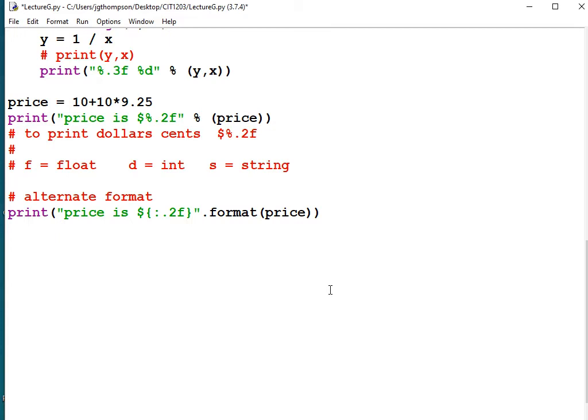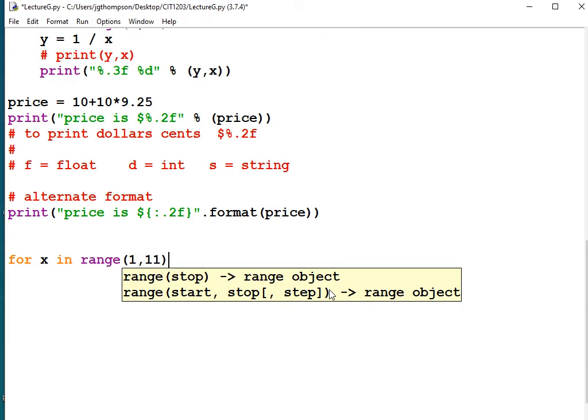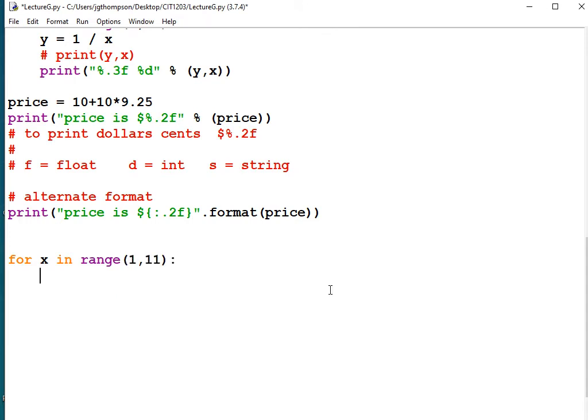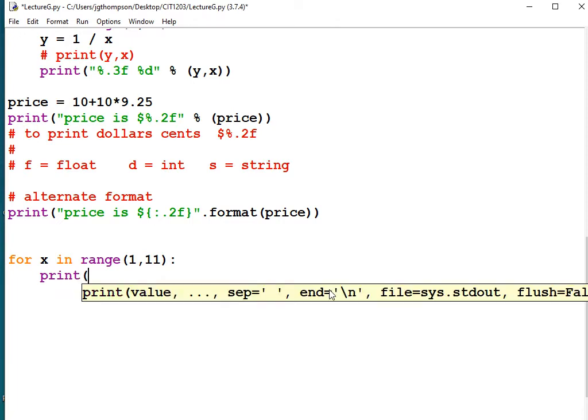Let's just count from 1 to 10, take the exponent of it so that we have lots of zeros to play with. So for x in range, parentheses, 1 comma 11, so that I can get 1 to 10, colon, print, parentheses, quote, % minus, and I don't know how many spaces we're going to need to fill that up. I think we're going to need 12. % minus 12D. In other words, occupy 12 spaces on the screen and format it as an integer with no decimal point. That's what D means. End quote, % sign,